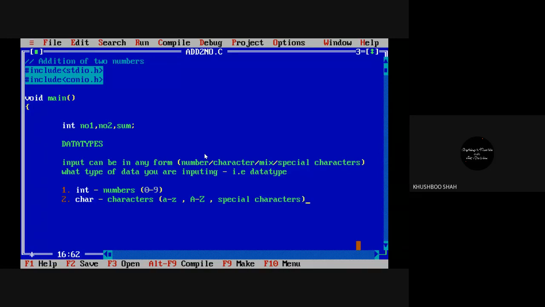The third data type is float, which is for decimal numbers or floating point numbers. Better I write float numbers, or decimal or floating point numbers. What type of numbers do I mean? Like 1.2, 4.09, this way.